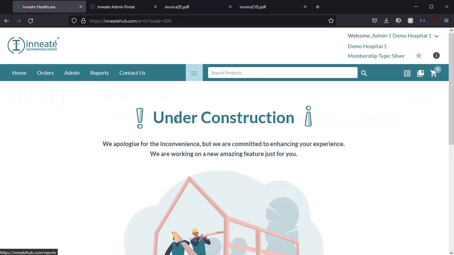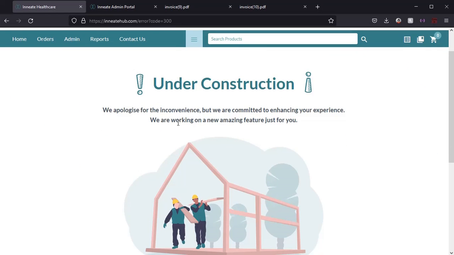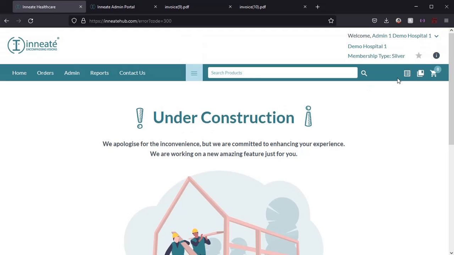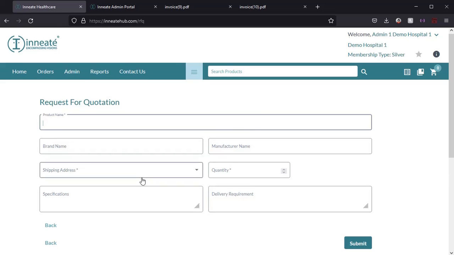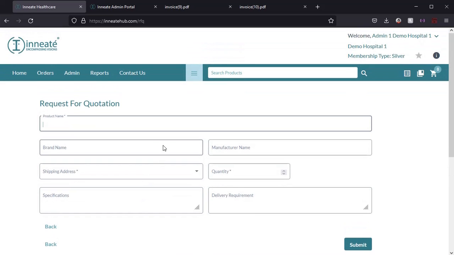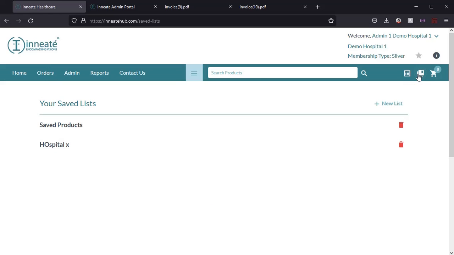And reports is an upcoming feature wherein you can see analytics of your orders and all of that. So also we have a small feature called request for quote, wherein you can add a product here in request for quote, and then you'll be able to see its quotation. And then we have our save list,